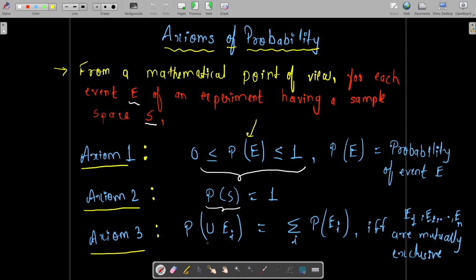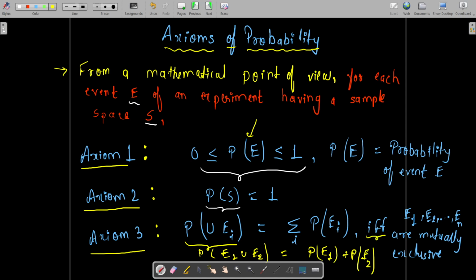And now continuing to our axiom 3, it's also really important. This states that the probability of the union of all events. Let me write it for just two events. Let's say we have two events E1 and E2. The probability of the union of two events is the summation of the individual probabilities, that is probability of E1 plus probability of E2, but if and only if